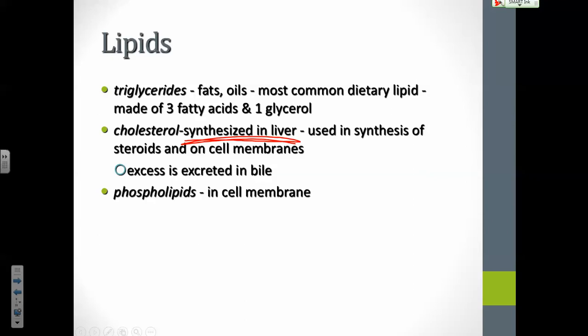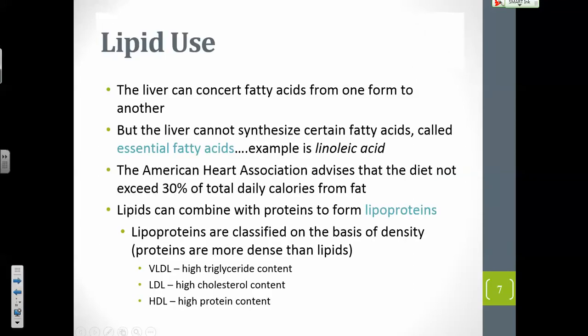If you have any excess cholesterol, we learned in the last chapter that any excess can be excreted in bile. It is a component of bile. In fact, sometimes gallstones are loaded with cholesterol. The other component is usually calcium, comes out of solution. But, okay. All right, now, as far as how the lipids are used in the body,